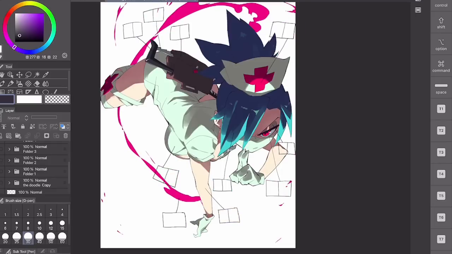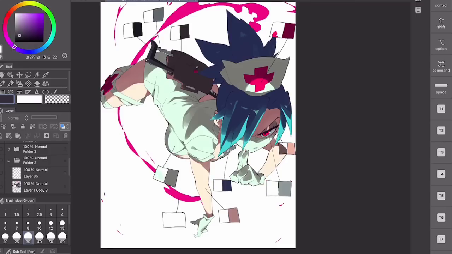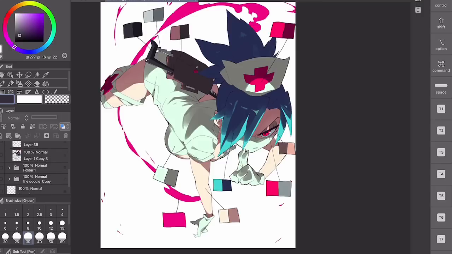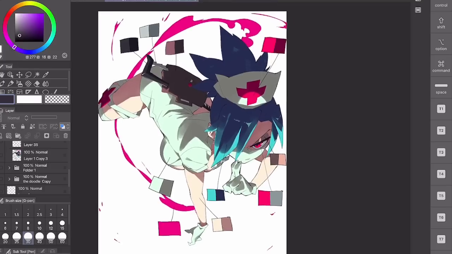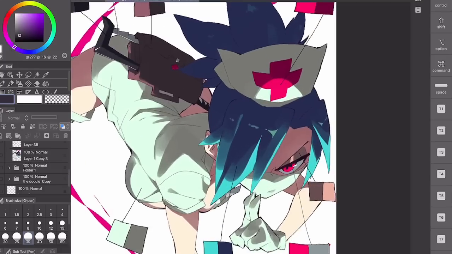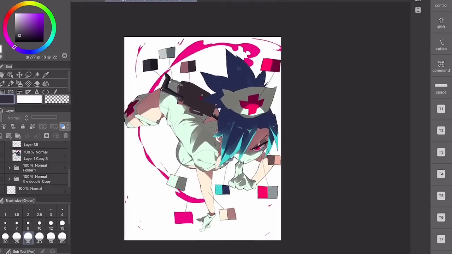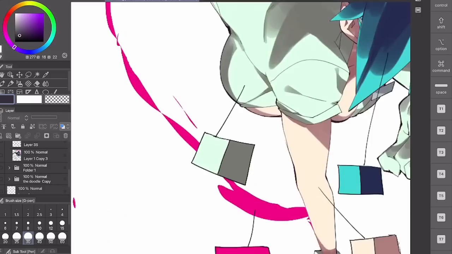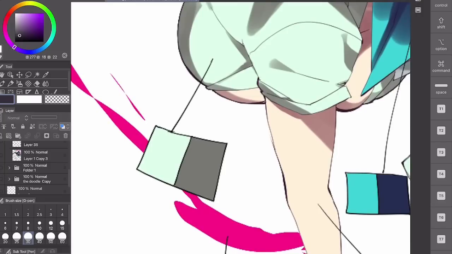And granted, there is technically a lot more color involved here based on the fact that I was using a brush that was a bit more watercolory, but for the most part, just based on the basic shading palette,